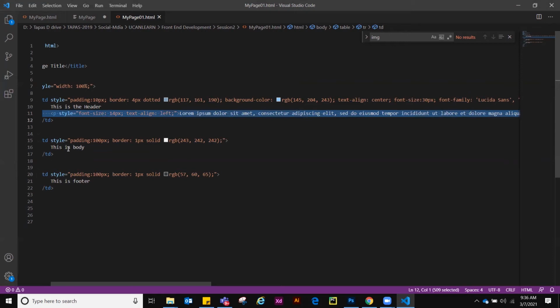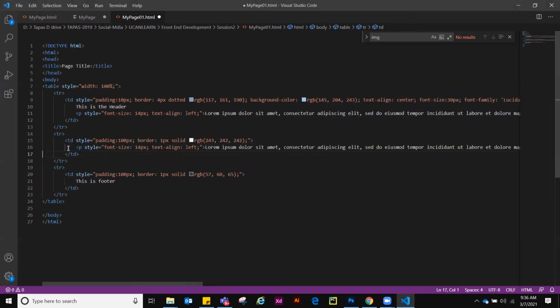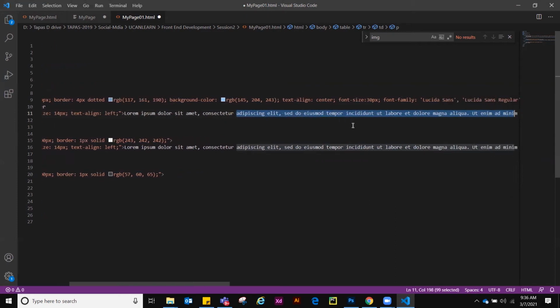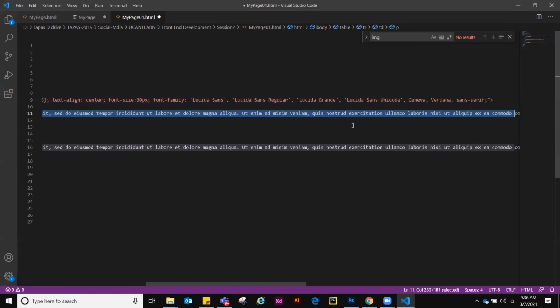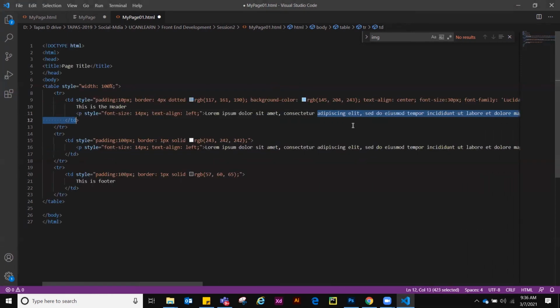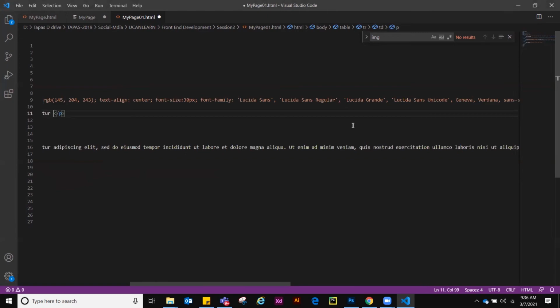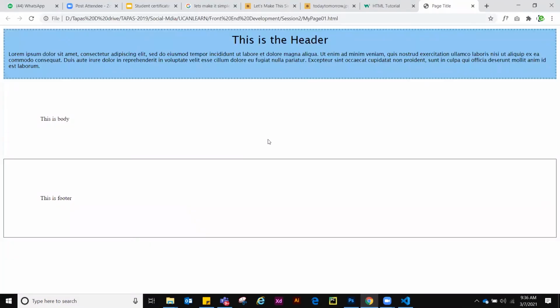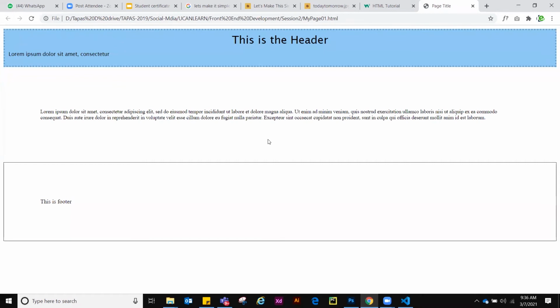Copy this p tag, paste that in the body section, and reduce this text. This body is looking good.